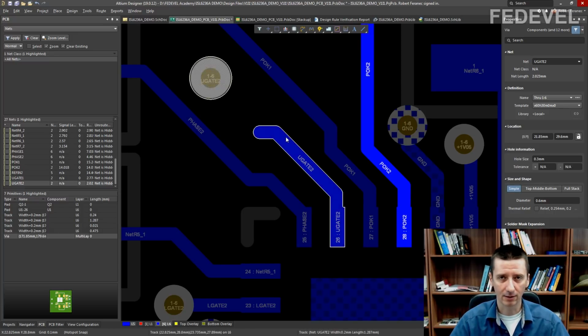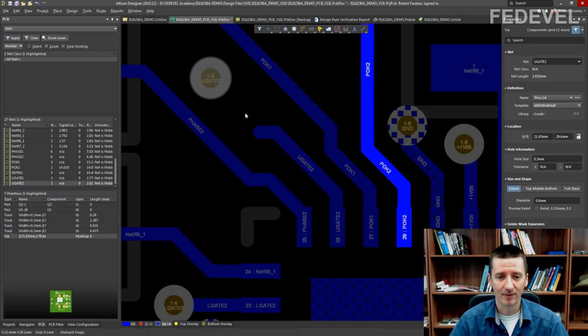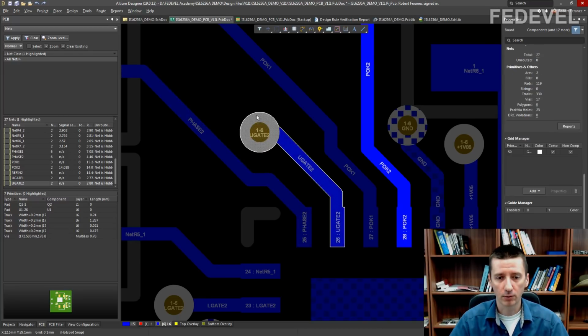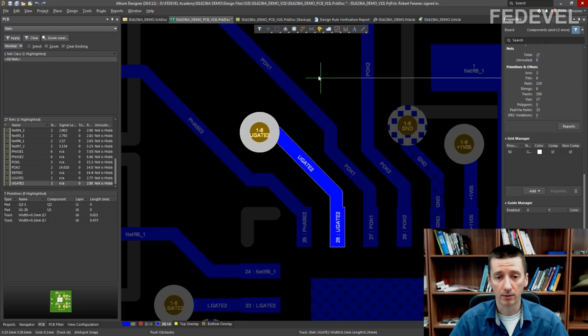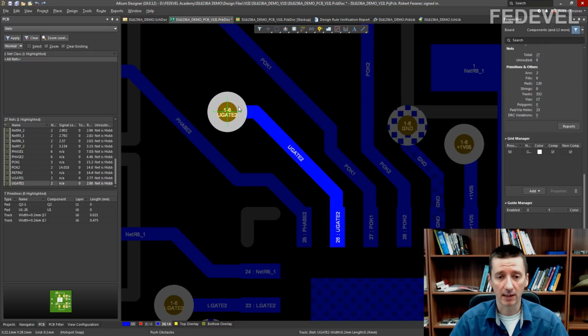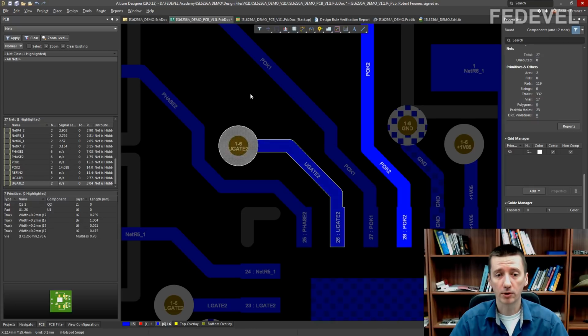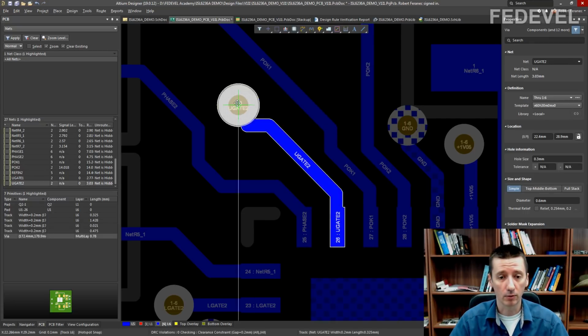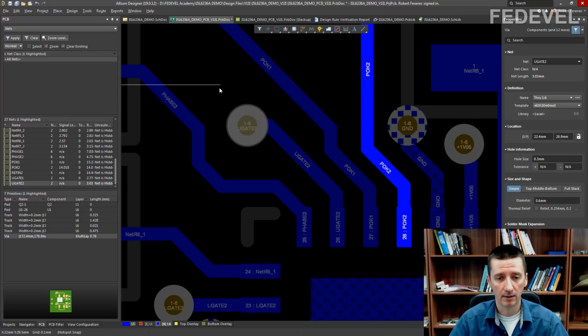It may look like why I would like to use this, but I'm telling you, sometimes this can be very useful. So I go back. If you unselect the via, when you hover the cursor over the via, press left button, hold it down, you can move it and it will stay connected. So you have two options now. You can move it together with the track, or you can move it just without the track.